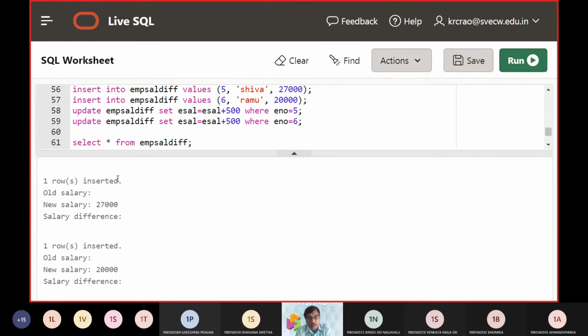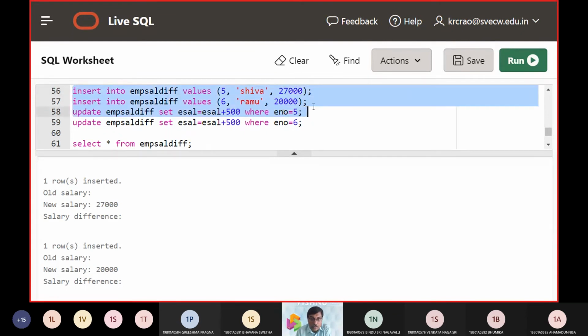So you can see here row 1 was inserted and old salary. Right now you are performing the insert operation, so you will not get any change. This is only the new salary. These two are going to be the new records. So insert happened just now, so that is the reason why these are going to be the new salaries. So you will not get the previous field with filled in content, you will get them as empty content. So one is 27,000, another is going to be 20,000.